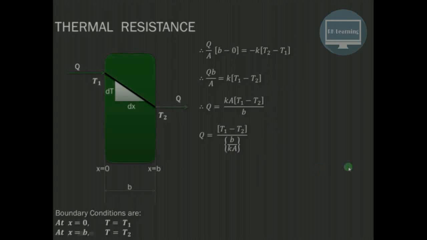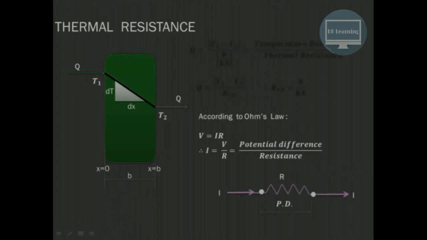Now using this, we will try to understand what is the meaning of thermal resistance. Now we know that according to Ohm's law, V is equal to IR, or I is equal to V upon R, where V is the potential difference and R is the resistance. We can compare the heat flow through this particular slab with this equation of Ohm's law. So as shown over here,